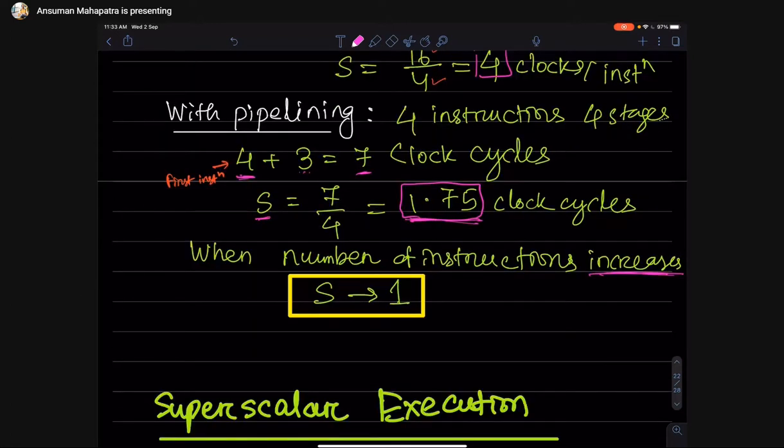That means each instruction will be executed in exactly 1 clock cycle. Understood? This is the takeaway from the discussion: if we are using pipelining, we can mostly make each instruction execute in 1 clock cycle. Done? Any doubt up to this? Otherwise we will go to the next section.